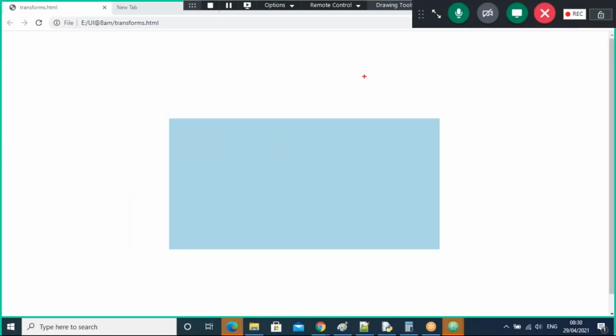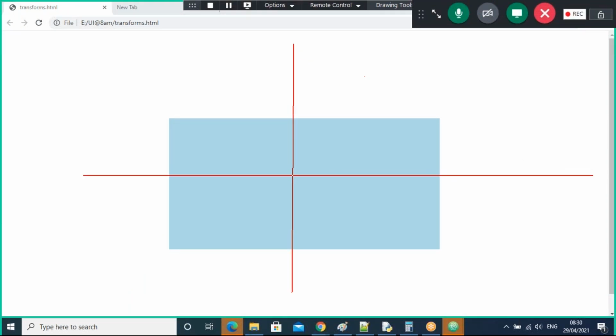Generally this is called the x-axis, and this is called the y-axis, and this is the default box. Now I'm taking transform, scale x of some value, maybe 2, 3, 4, 5.